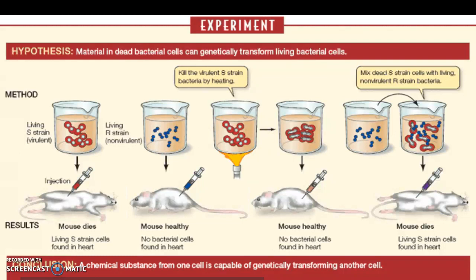So now that we know that, we can dive into this experiment by Frederick Griffiths. And he took some bacteria. It's kind of a pneumonia bacteria. So this one, it had a smooth outer coat, so he called it the S strain. And if he put that into a mouse, the mouse would die. So this was pretty lethal bacteria. And after the mouse died, they tested the blood, and yep, sure enough, there are these S strain cells living